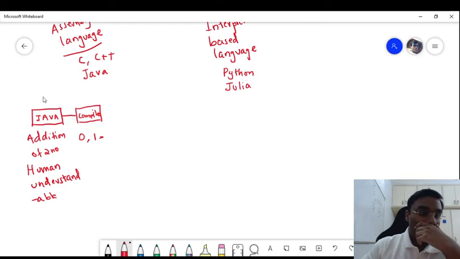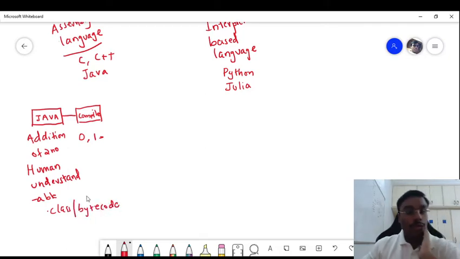So in order to convert this addition of two numbers program into a machine understandable code, we have to compile, and after compiling, a file known as the .class file or the bytecode file gets generated. Once the .class or bytecode file gets generated, the user can now execute the program and the desired output is